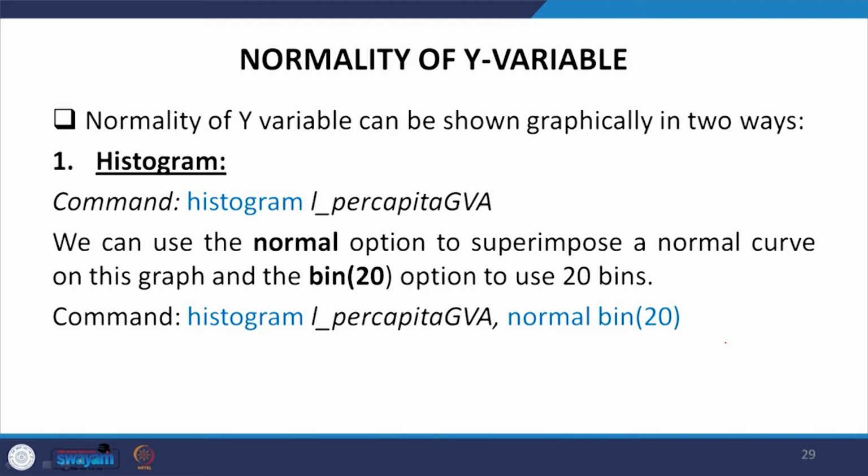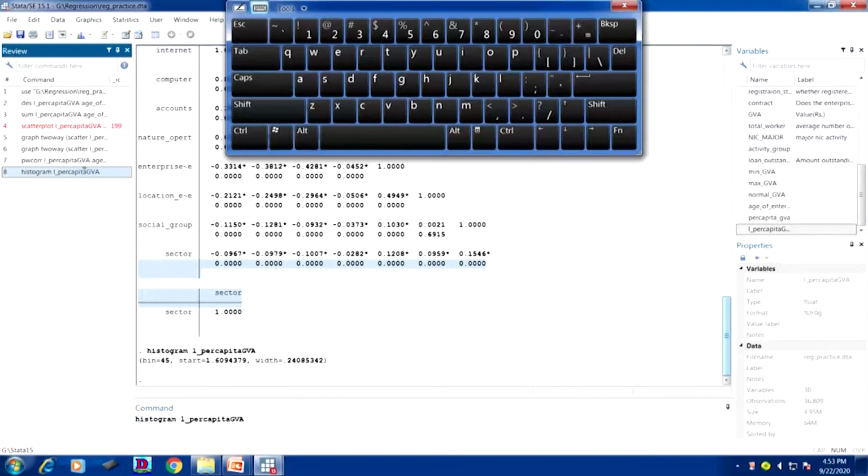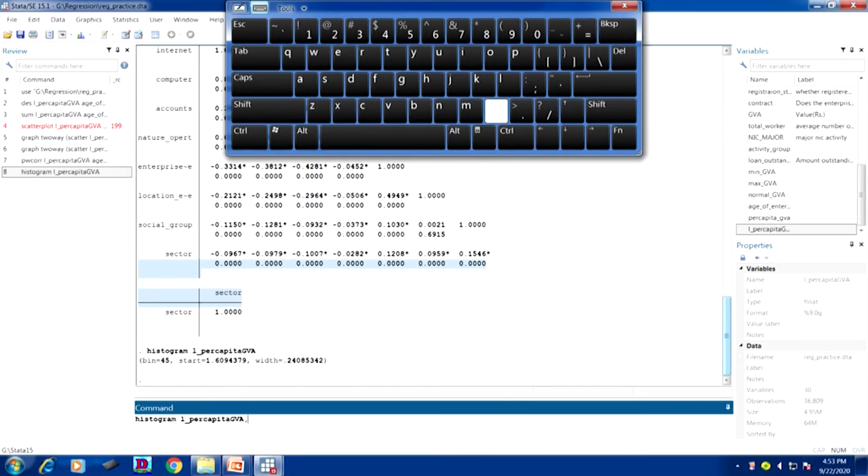But if you want to plot the normal curve on that particular histogram, you need to add, with a comma, normal bin(20). If I do that with the same command, histogram, normal, bin(20).